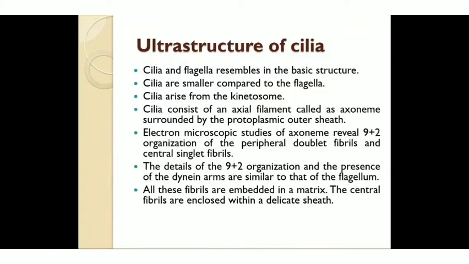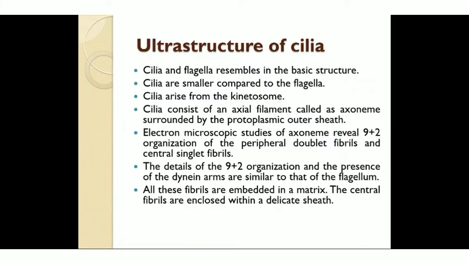The cilia consist of an axial filament, which is also known as the axoneme, and this axoneme is surrounded by the outer membrane. So the microscopic structure shows the 9+2 organization of the axoneme, which shows peripheral doublet fibrils. We have seen that subfibril A and subfibril B are present at the periphery, and there are 9 sets of subfibril A and B, and the central